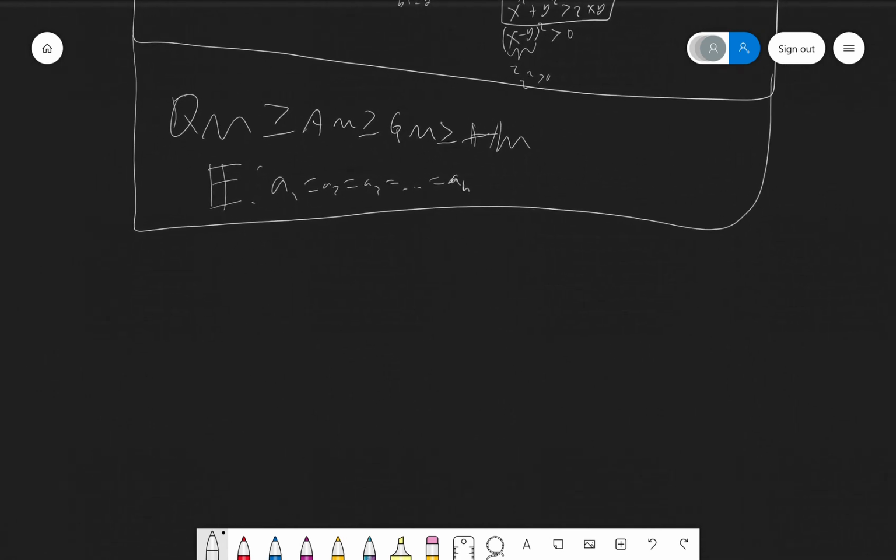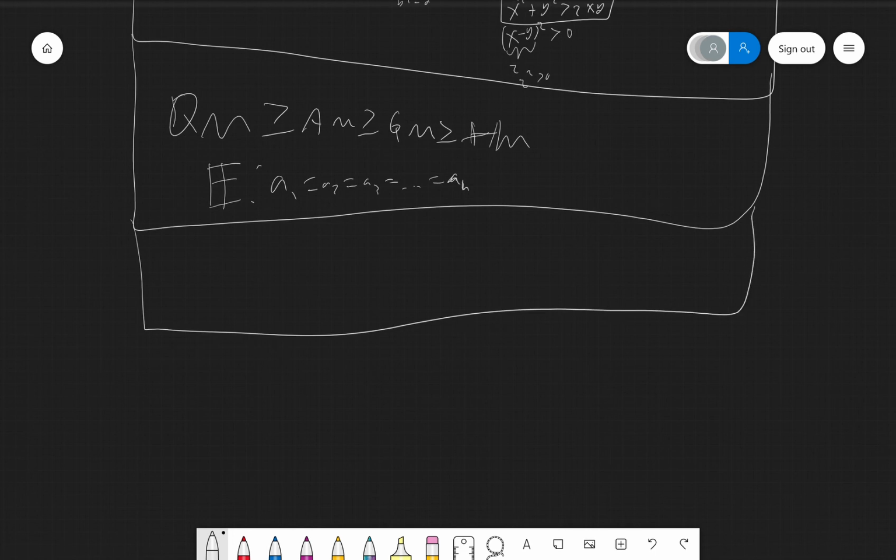Next thing I want to talk about is called the Cauchy-Schwarz inequality. Cauchy-Schwarz is usually complicated at first, so I'm not going to do the proof for it either, but just look at it. Now we're going to use two sequences. So we have A1 squared plus A2 squared plus dot dot dot plus AN squared, times B1 squared plus B2 squared plus dot dot dot plus BN squared, is greater than or equal to